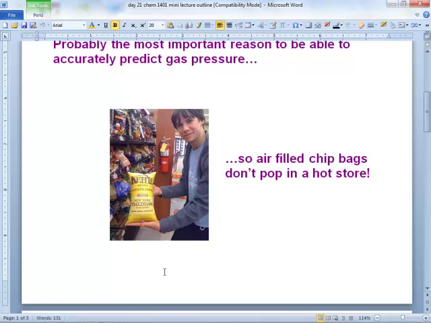It'd be nice to have a vacuum inside that kettle chip bag, right? Because then you don't have to worry about this happening. They're probably going to last longer, right? Don't get stale as quick. But who's going to buy your chips? You suck out all the gas in a bag, it's going to look like there's nothing in it, right? Everybody's about quantity when it comes to food. So no one's going to buy it. So you got to put some gas in there.